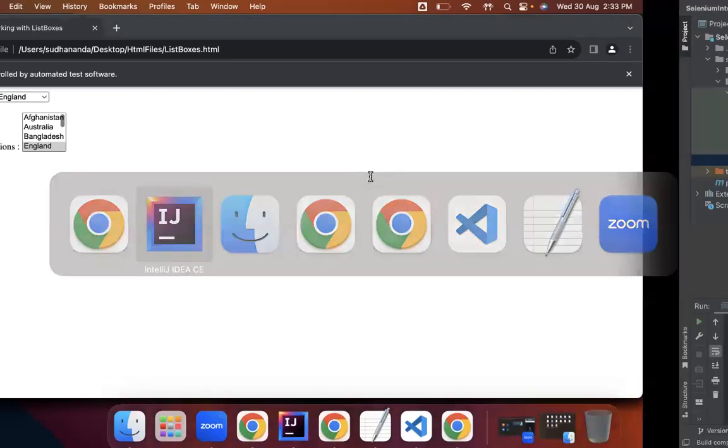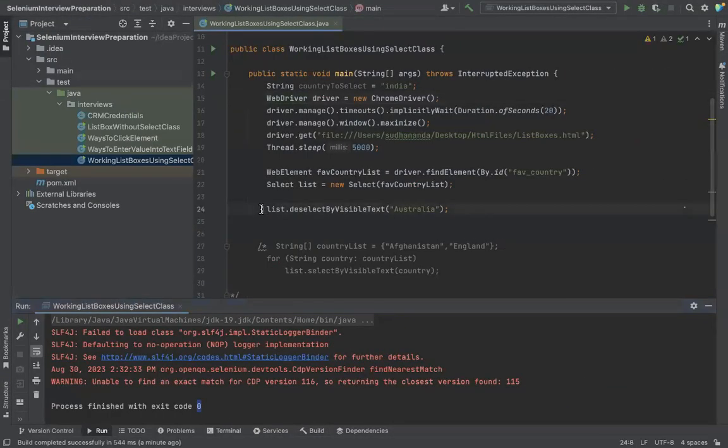When you use deselect by visible text and you give a certain element, if that element is there but was not selected, it will remain unselected. If the element is not there at all, that particular option, it will throw an exception like no such element exception. That we have seen yesterday, same as select by visible text. Similarly, deselect by visible text, and we have another method called